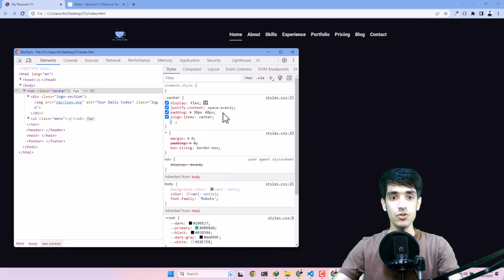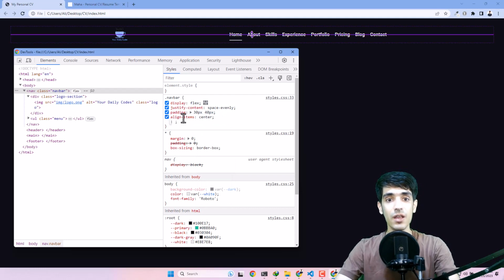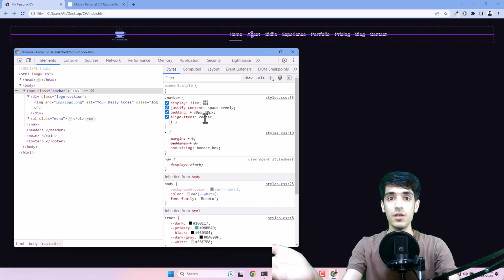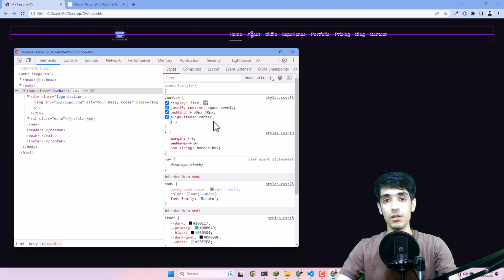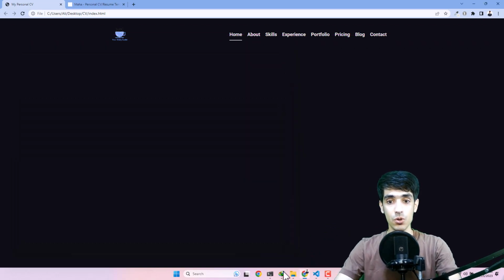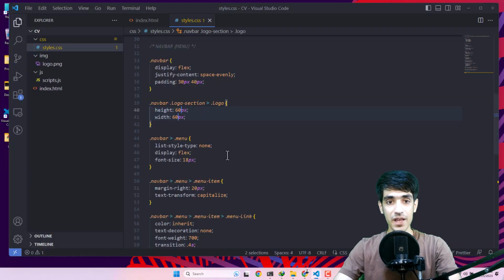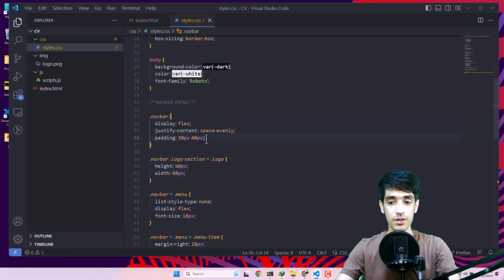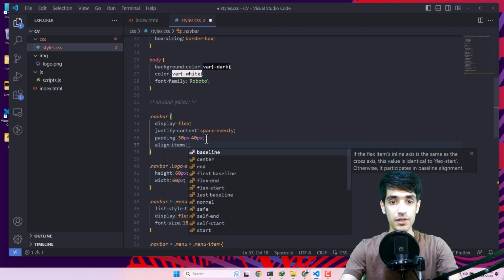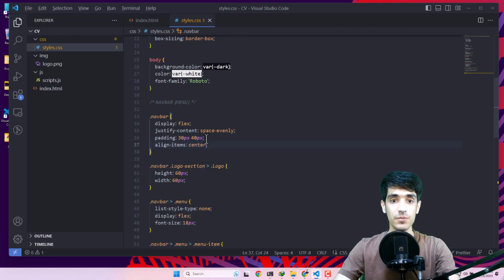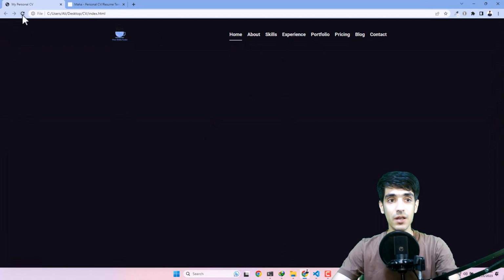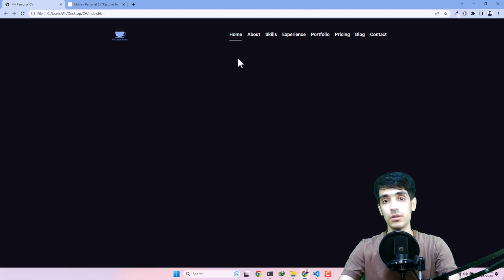So I think it's a good idea to have that align-items center, so that the logo and the menu will become aligned to one line. They are in one line, next to each other. I think it's better. So let's go back here, and you can see we say align-items. And now we can set align-items to center. So now that we set align-items to center, this home, about, skills, they have come a little lower